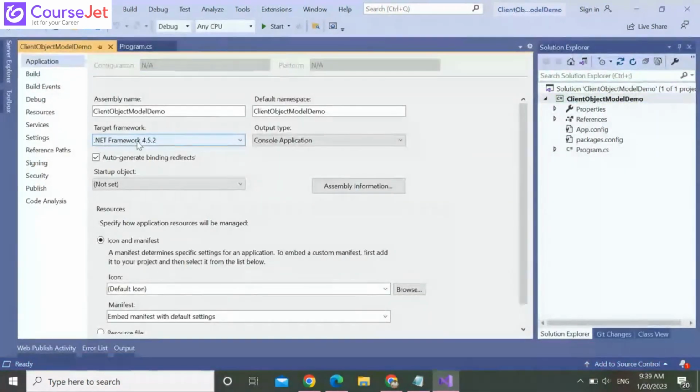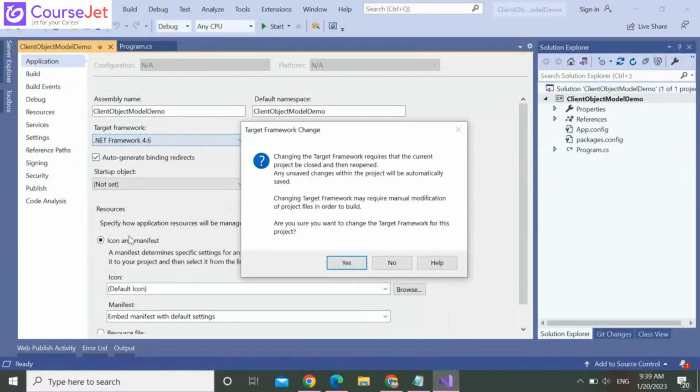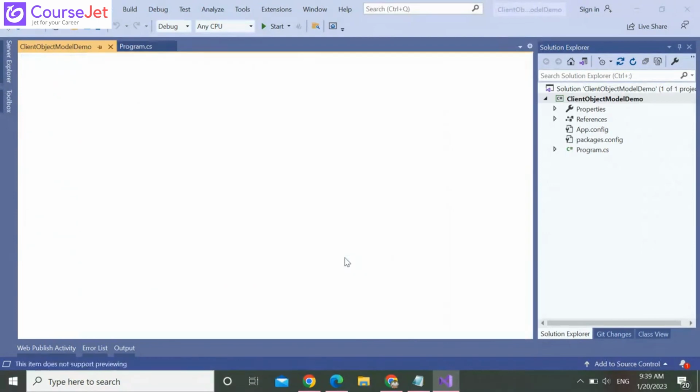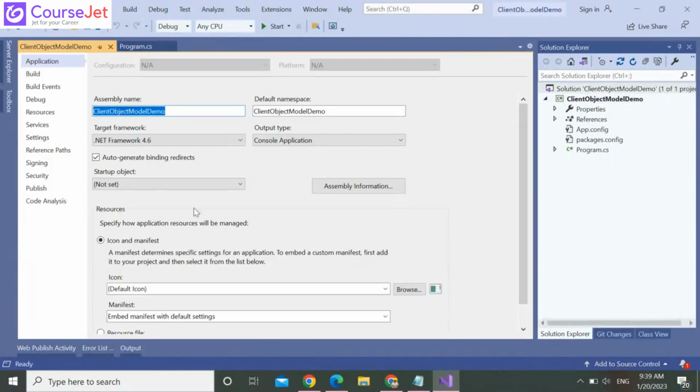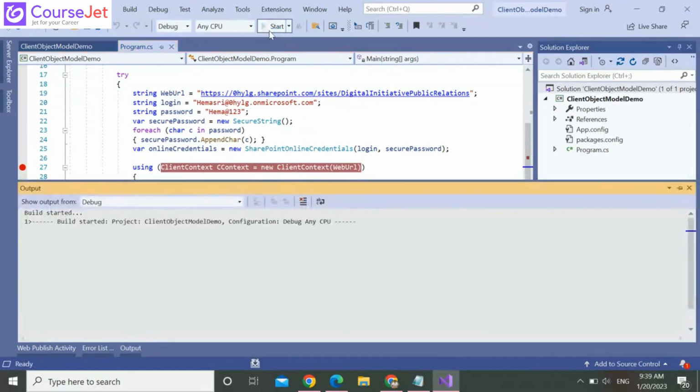Here you can see target framework .NET 4.5.2. I'm changing it to 4.6. Now I didn't add any line. We'll see whether it works.